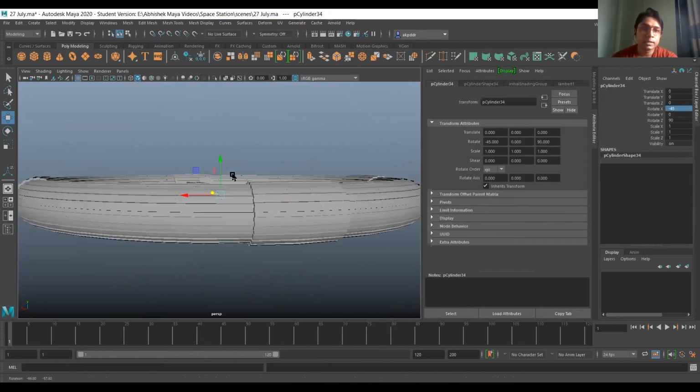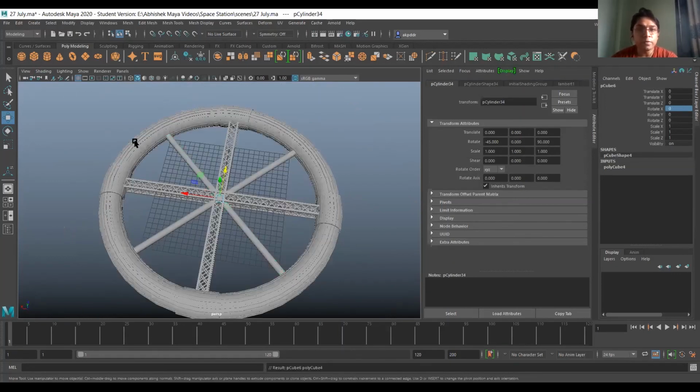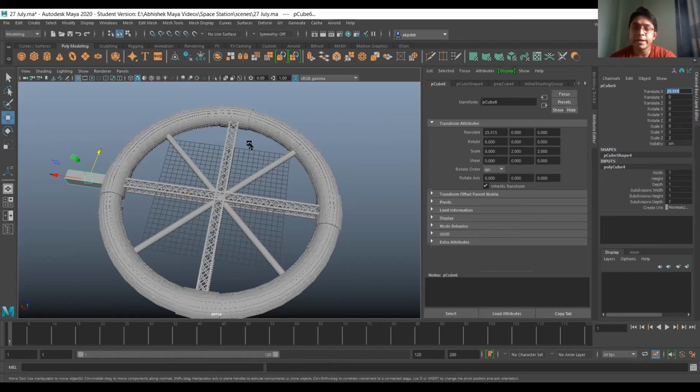Now we have to make the outer part. I'll take a cube for that. In inputs, make sure everything is 1. And scale x is 8, scale y is 2, scale z is 2, and translate x I'll give the value 23.315.